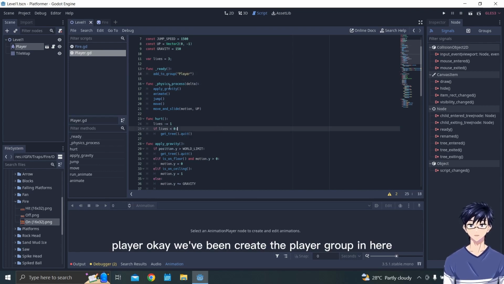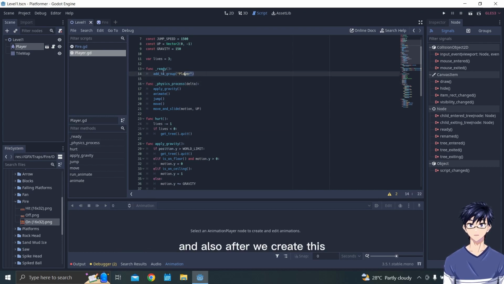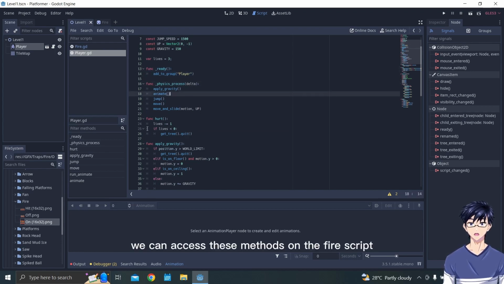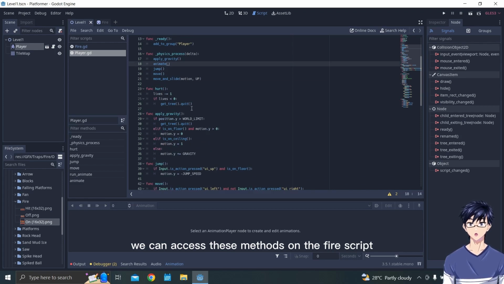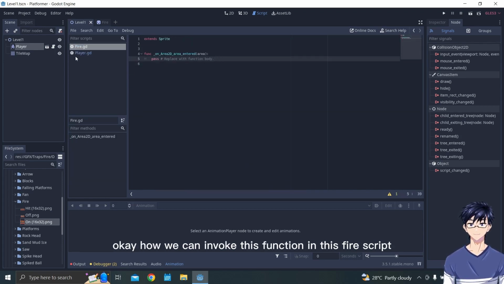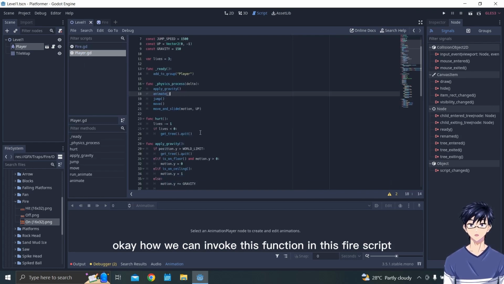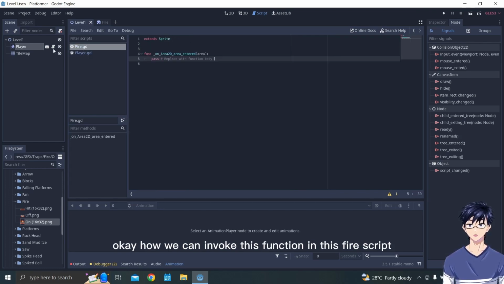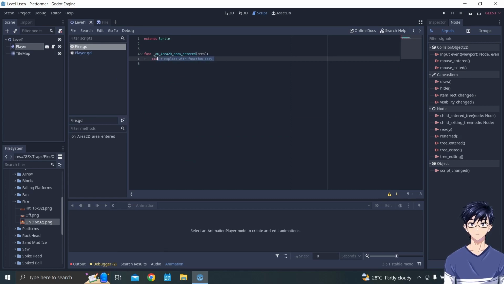Okay, we can create the player group in here. And then after we create this, we can access these methods in the fire script.